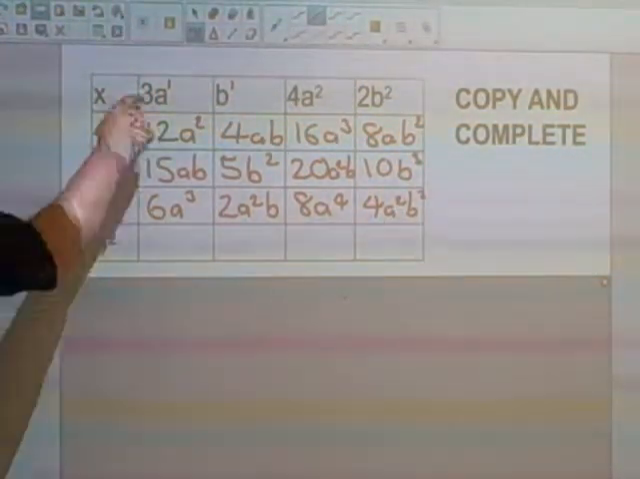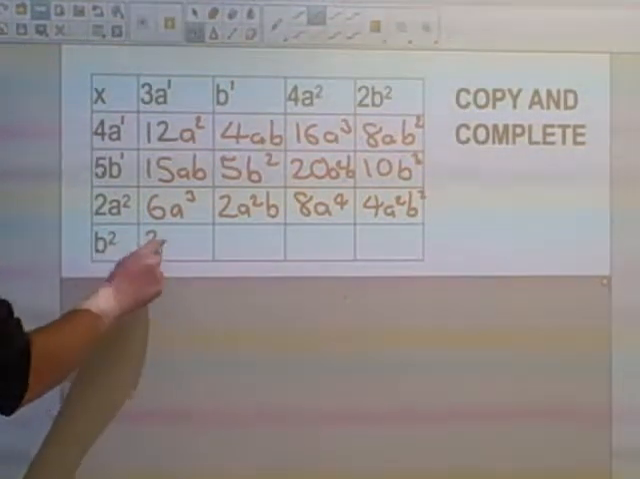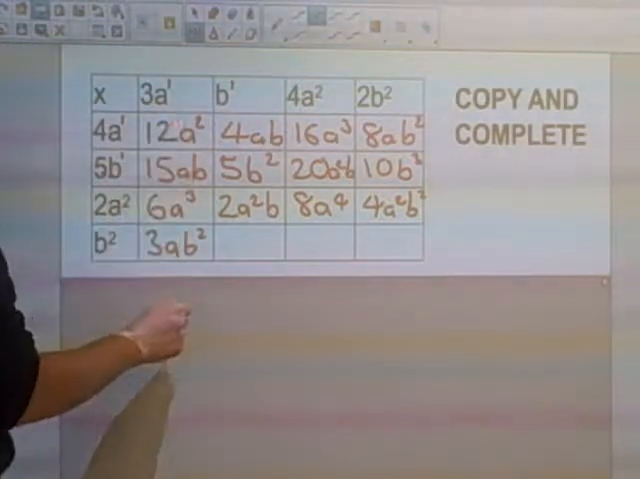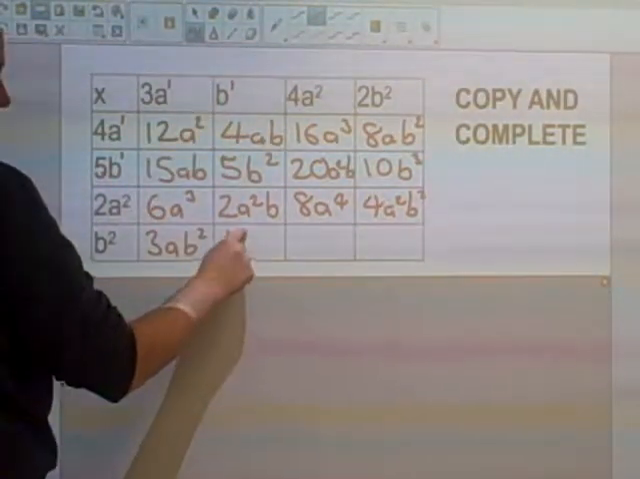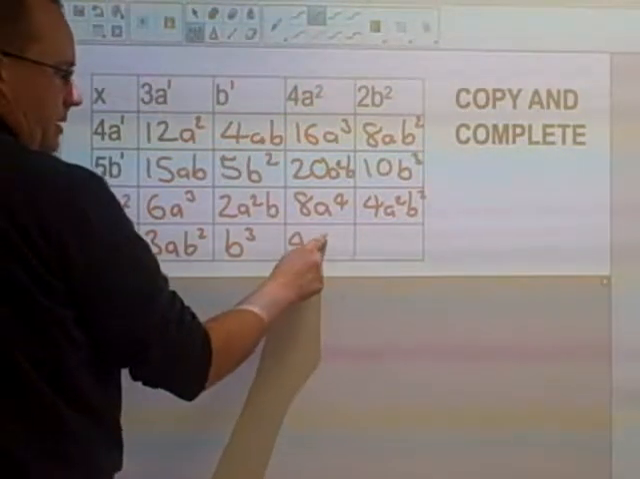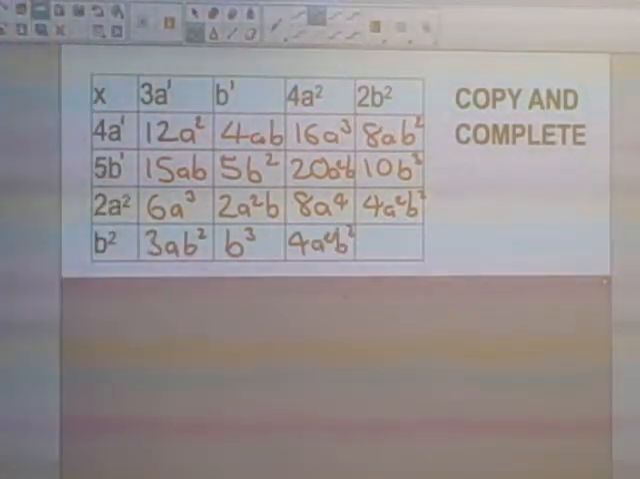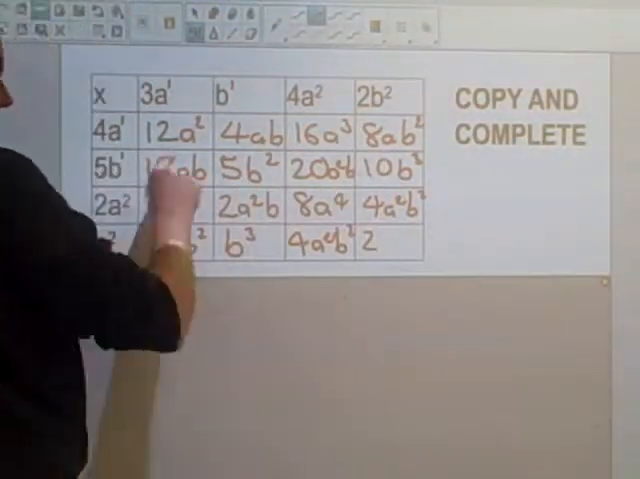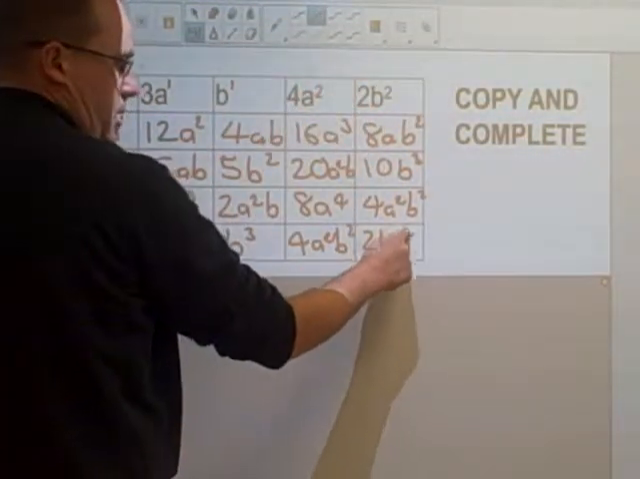And for our last row, b squared times 3a, so numbers first. B squared and a, just make sure they're in alphabetical order. B squared times b, same letter, so add the exponents. 2 plus 1. B squared and 4a squared, these are different letters, so just make sure alphabetical order. And b squared and 2b squared, so there's the 2, same letters, so add the exponents, b to the power